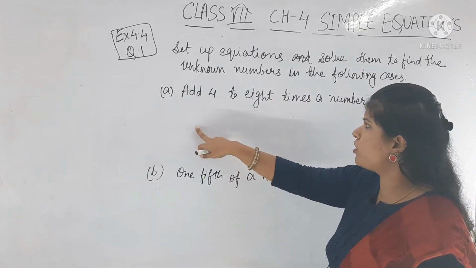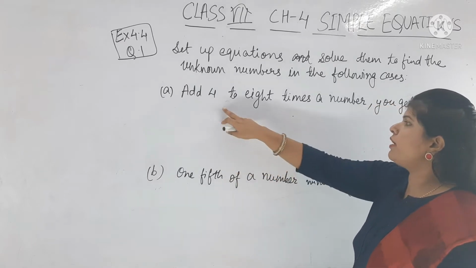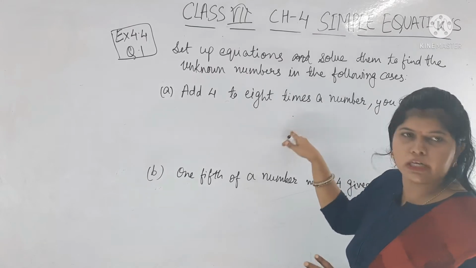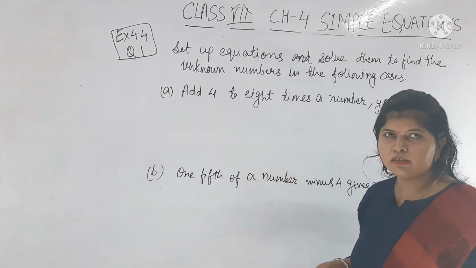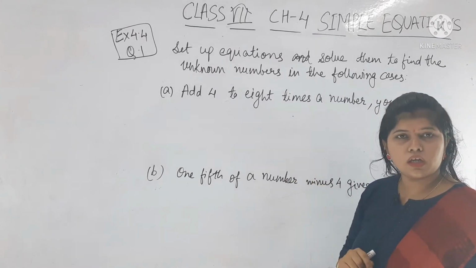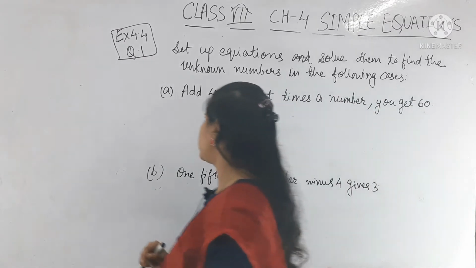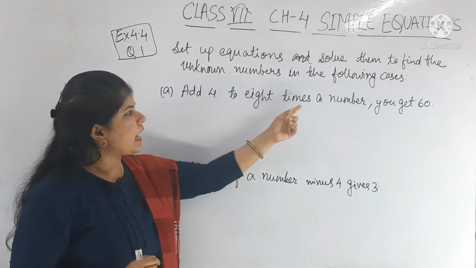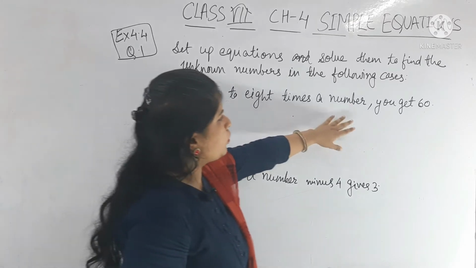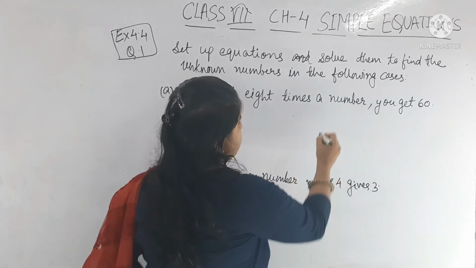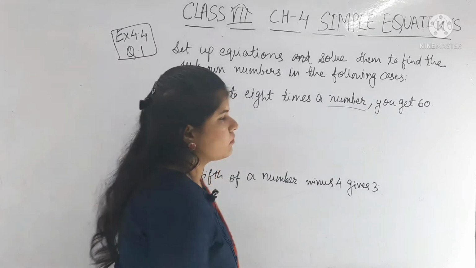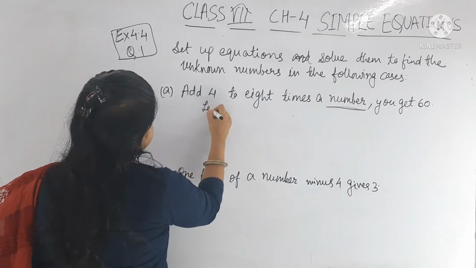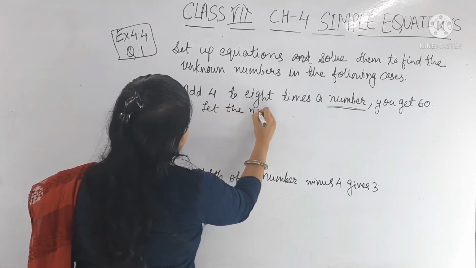I will write the first A part. We have to first construct an equation from the statement, then we have to solve this for the unknown number. So here what is written? Part A: add 4 to 8 times a number, you get 60. We don't know this number,